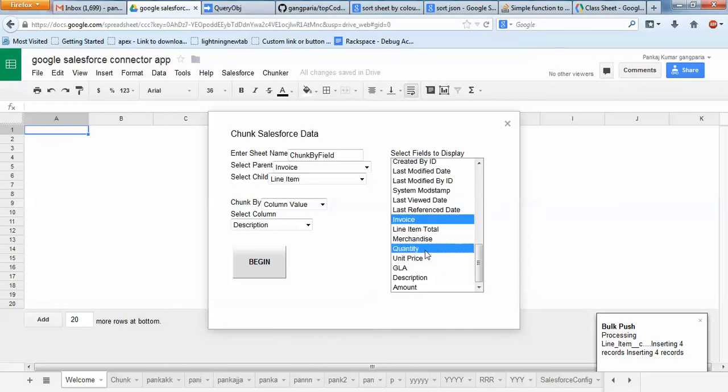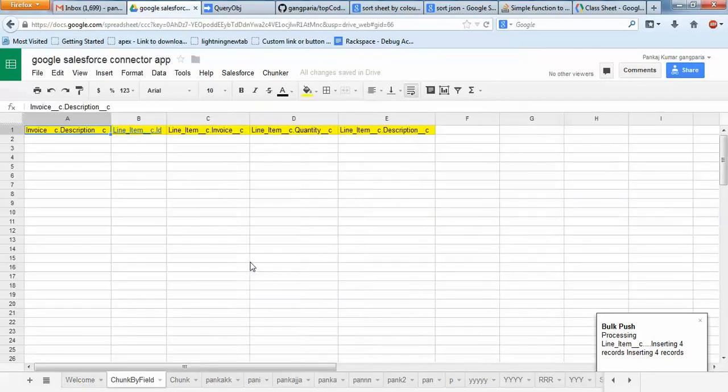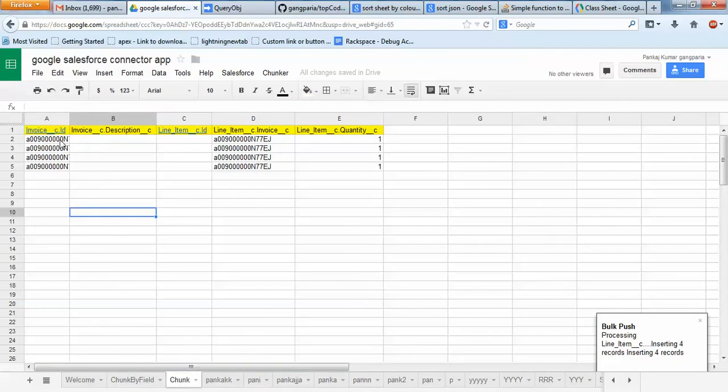I am selecting only the mandatory fields.